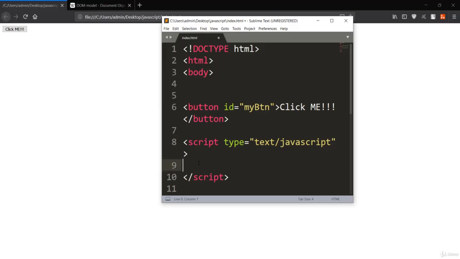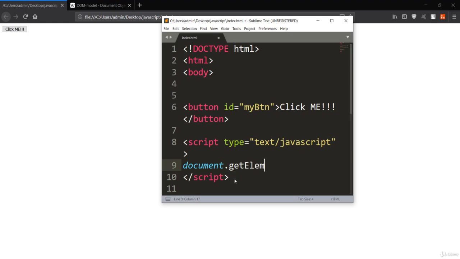So after this script, we'll just make use of the document object. So I'll just say document, which is referring to this current web page, and I want to get the element of this current web page. So you can see we'll have many of the elements, but in this case we want to grab this button which has the ID. So we want to grab this element by the ID.